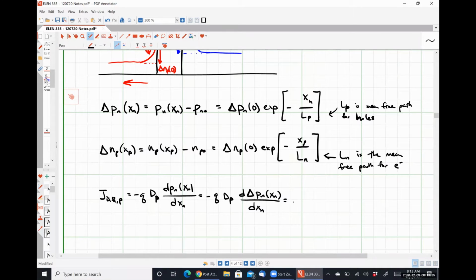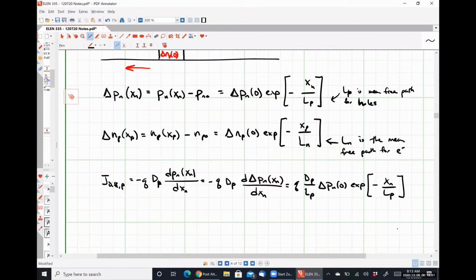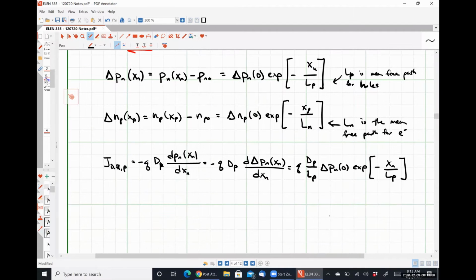Is going to be Q dP over LP delta Pn at 0, negative xn over LP. So we're just doing simple substitutions in here. When we take the derivative of this guy, obviously the constant terms are going to go away. Similarly,